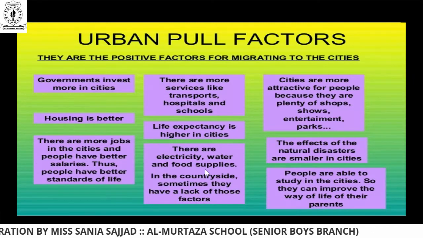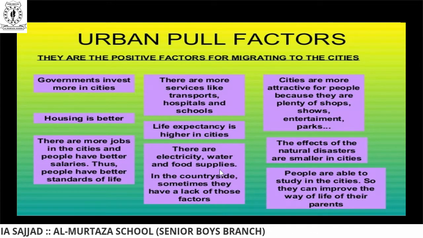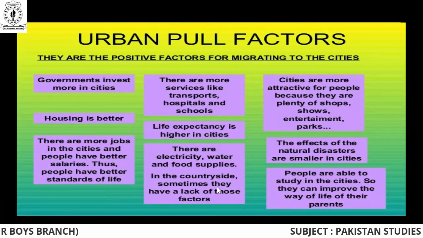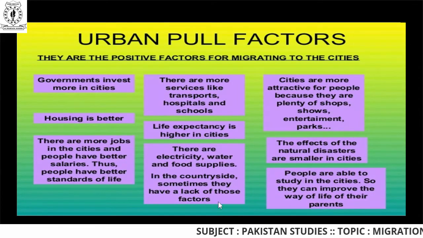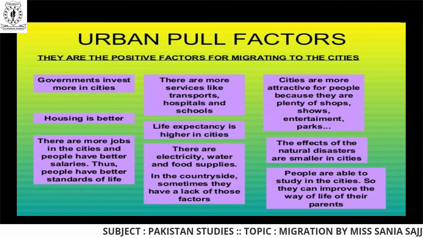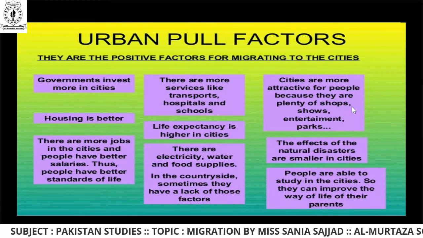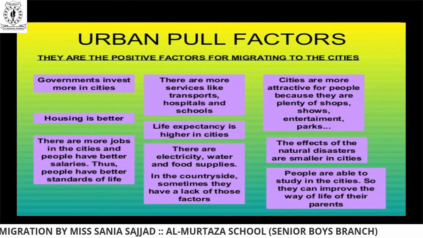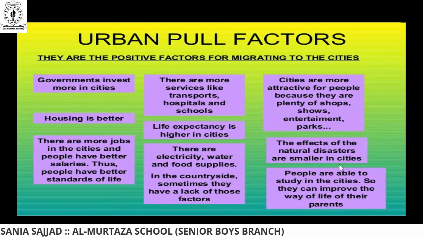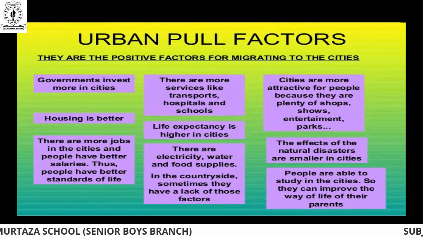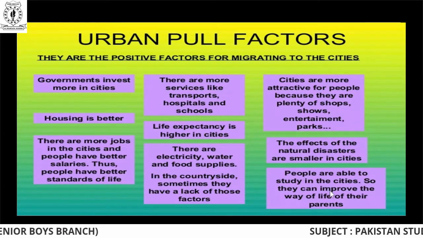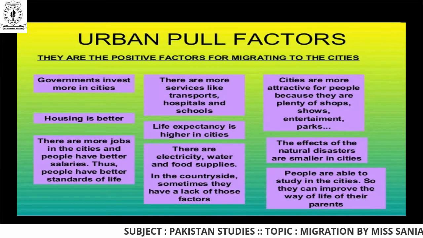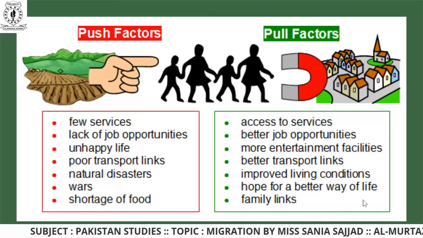Also, there's electricity, water, and food supply. Those are the basic needs of life, which are present in city life as compared to the rural areas. When I talk about the countryside, sometimes they have a lack of those factors. Coming towards cities, they are more attractive for people to live in. They can shop over there, they can use them for entertainment purposes. The effect of natural disasters is smaller in cities as compared to the rural areas, that means the village life. People are able to study in the city, they can improve their conditions,